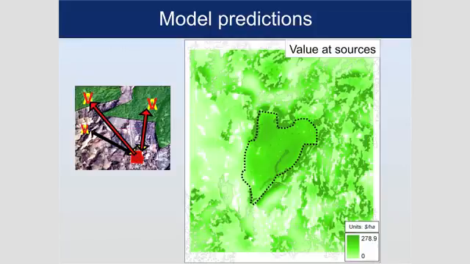And here's the last step where we've actually calculated value and attributed it back to where it came from. So here's a map essentially in dollars per hectare of the expected benefits from that pixel to crop pollination in the landscape as configured now. So you can see the edges of forest patches that are closest to this coffee farm are very dark, but deeper in are not so dark because they're further away. And also coffee is a source of pollinators to itself because to a certain degree, pollinators do live there and they don't have to fly far to have that benefit confer. Okay, so this is a